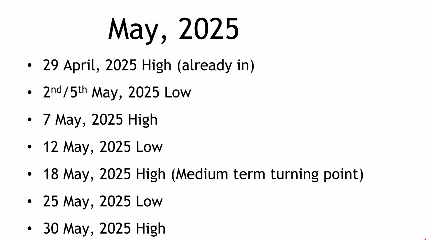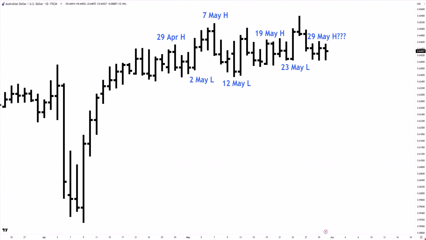Note the cycle or the sequence, high, low, high, low, high, low, high. The forecast dates for this cycle that I'm using, and for many cycles, not all cycles, but many cycles in Tunnel Through the Air, they do run on a high to low sequence. It's not a case of here are 50 dates that I'm watching and any number of them could be highs, any number of them could be lows. No, it goes from a high to a low to a high to a low. And this is how it panned out in May.